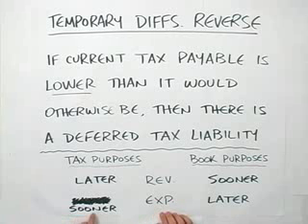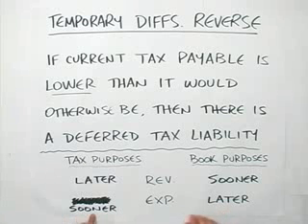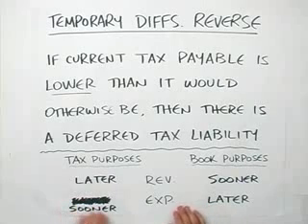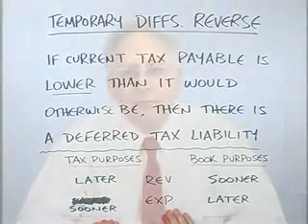Expenses which are allowable for tax purposes sooner rather than later will result in lower taxable income today. And again, that will catch up to you eventually and require higher taxes later on. The opposite is true, of course, the exact opposite, if everything works in the other direction. And this is the case if it works in the other direction.